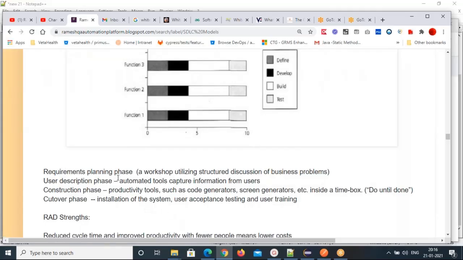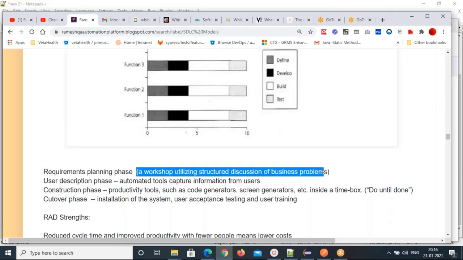So the requirements planning phase, user description phase, construction phase, cutover phase. What will happen in each phase? Requirements planning phase is a workshop utilizing structured discussion of business problems. All the people brainstorm and discuss the problems. In the user description phase, automated tools capture information from users.